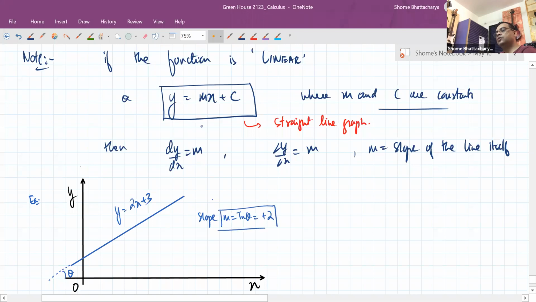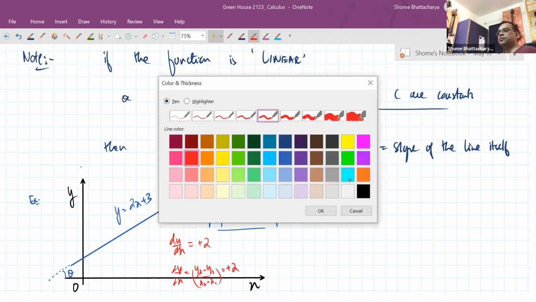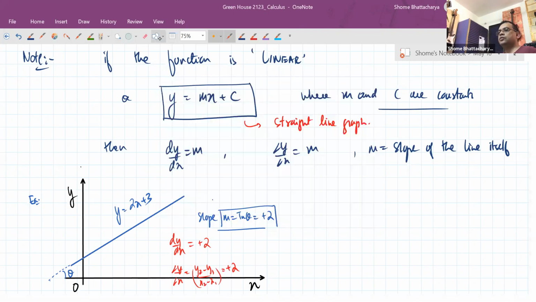Okay. So now we'll see that both the instantaneous rate of change, that is also equal to plus 2, and the average rate of change between any 2 points, that is (y2 minus y1) upon (x2 minus x1), that is also equal to plus 2. Similarly, if we have another example of a straight line which has a negative slope,